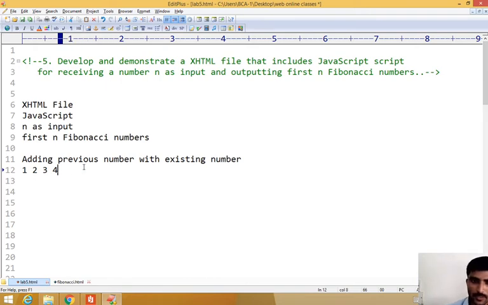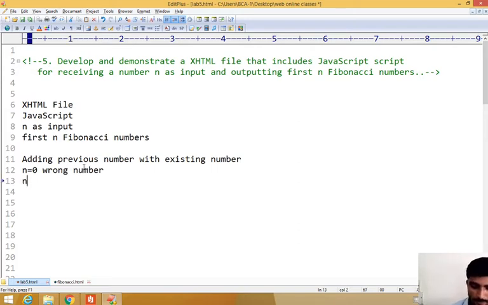I'll show you the normal Fibonacci output. Suppose n equals 0. When you enter 0, it shows a wrong number message, because there is no Fibonacci for 0.